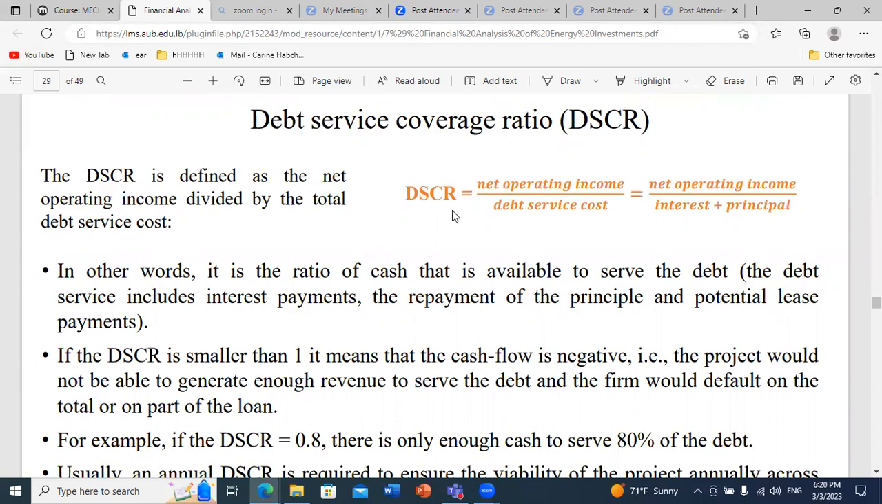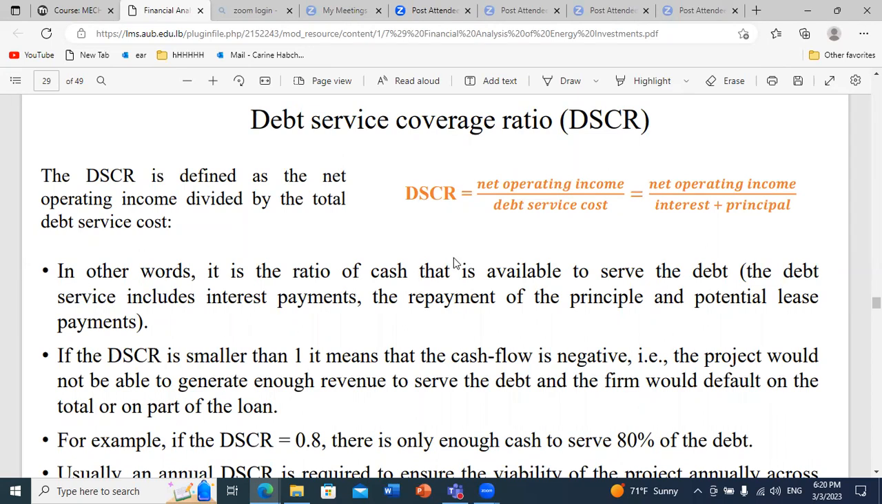As we mentioned, whenever we do the calculation, we do the balance for each year to know what is the net gain until this year, and we divide by the debt service cost, which will include the interest debt plus principal debt. In other words, it is the ratio of cash that is available to serve the debt. And of course, at the beginning of the project, in general, you will get a low value, but with time,